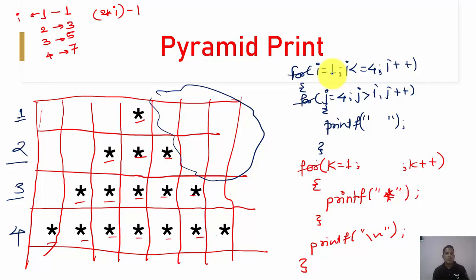Initially I is 1, so 1 multiplied by 2 minus 1, the result is 1. Now for this the value of I is 2, right? So 2 multiplied by 2 is 4 minus 1, the value is 3. Then for next, I value is 3 into 2 is 6 minus 1 is 5, and last 4 into 2 is 8 minus 1 is 7. So simple, I am going to put here the value of K should be less than or equal to 2I minus 1, that is, 2 multiplied by I minus 1, and I am going to get this pattern, right? So okay, let me rewrite this properly.